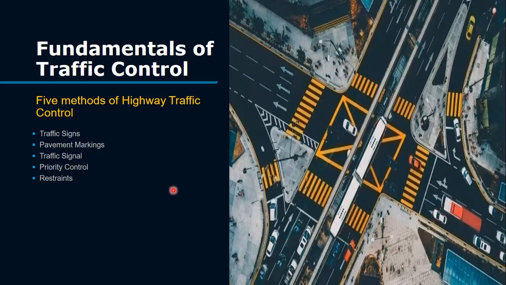So in highway traffic control, motorists depend on traffic control devices to avoid collisions and travel safely to their destinations. These traffic control devices for highway travel include signs, signal lights, pavement markings, and a variety of devices placed on, over, near, or even under the roadway. So there are 5 methods of highway traffic control. First is the traffic signs. The traffic signs are the most